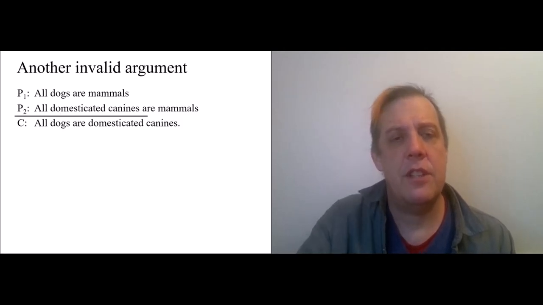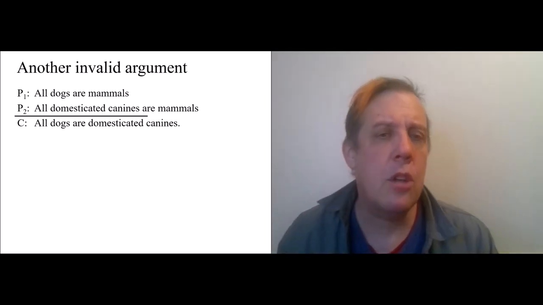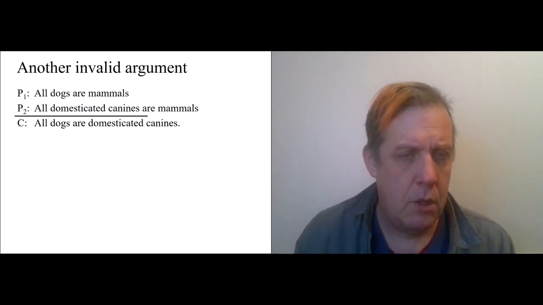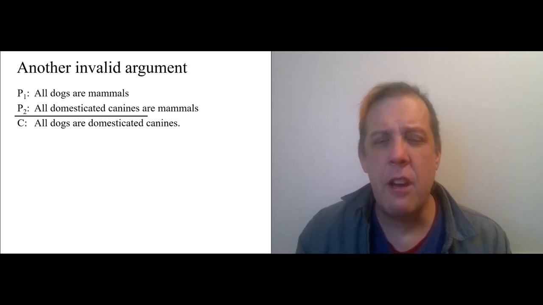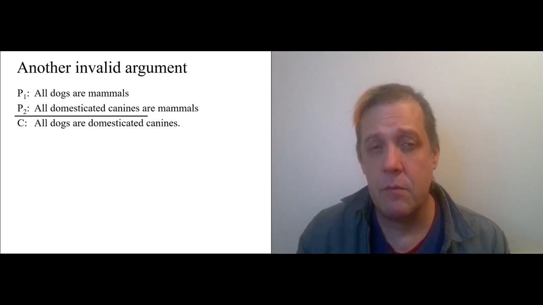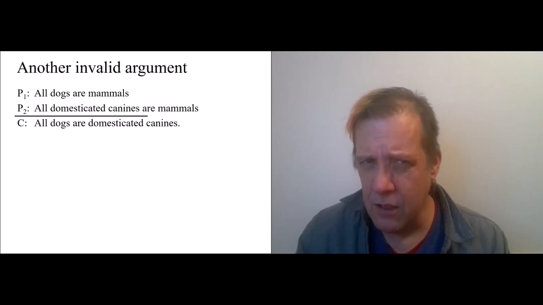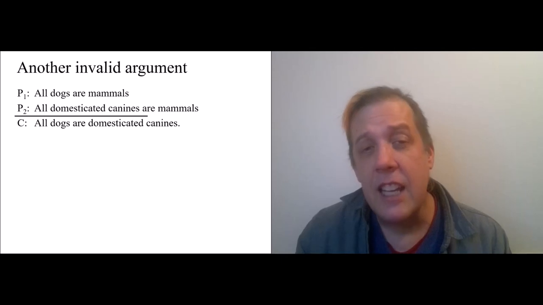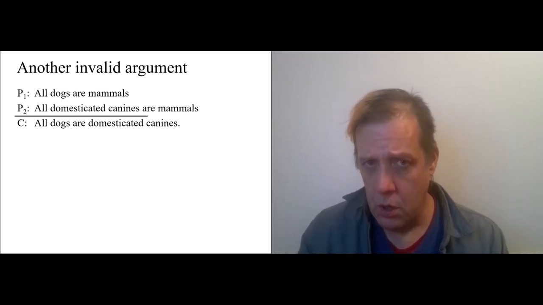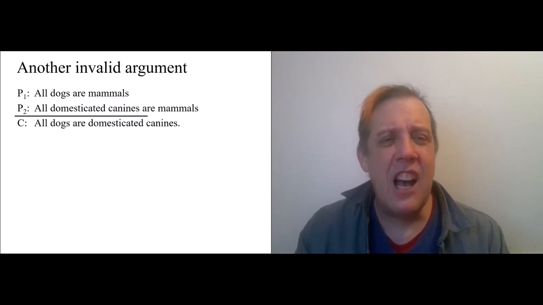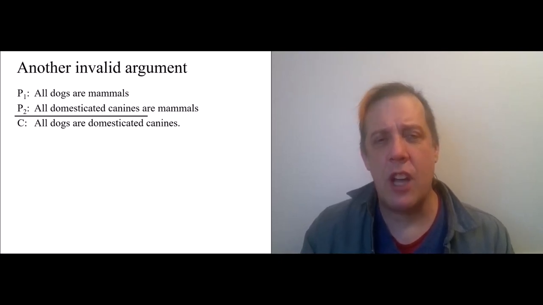But now consider this. All dogs are mammals. All domesticated canines are mammals. Therefore, all dogs are domesticated canines. Think about that for a second. Is that valid? It already says on the top, it's invalid. It's not valid. All these statements are true, but the way the argument is structured, the premises could be true